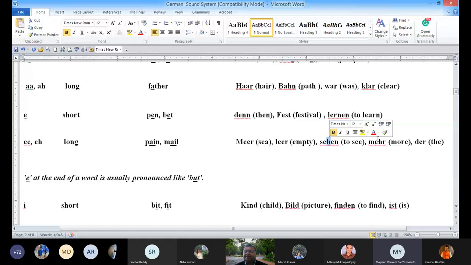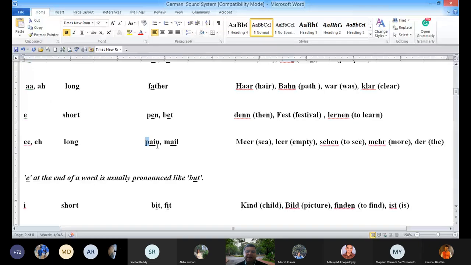Mayor. This is mayor. You will not sound may, her, no. This is not like that. It is mayor. The function of H is that it will make the vowel long. How long? For that, look at the English example. Always keep in mind these English examples. It will give you the clue how this should be pronounced.